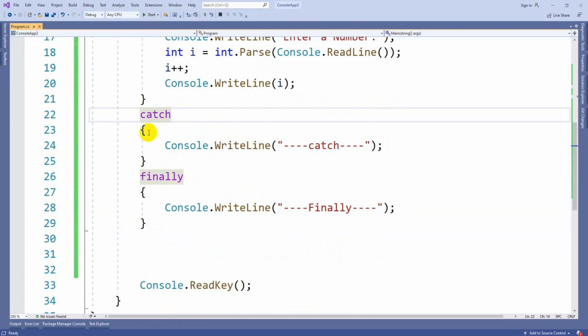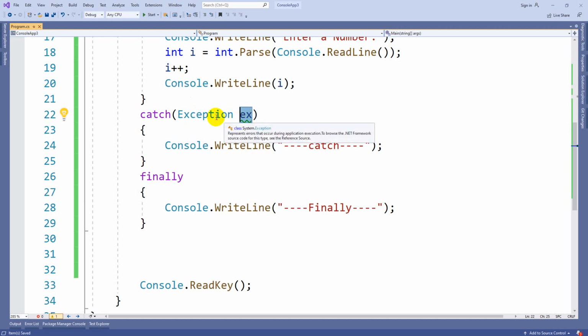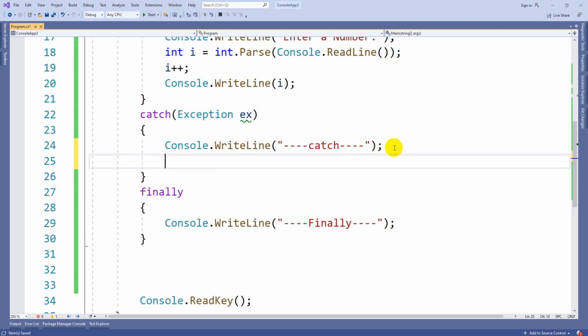That is the reason we have a predefined superclass. Super in the sense that under it we have many child classes also. So Exception, some object name. Whatever the Exception object is, from that you can get the details of the exception: in which line the error was generated, what the title of the error is. All details you can find from the object of this exception.